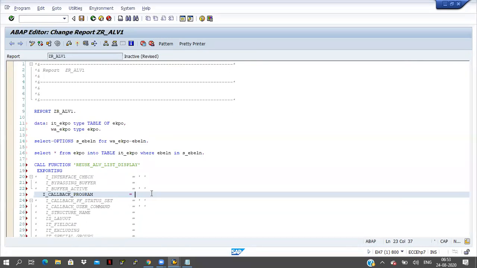What is the use of i_callback_program? By using some events, I can go to a different program also. This is one program, JDR_LV1. When I execute this and click on any button, it will go to another program also; I can call another program.